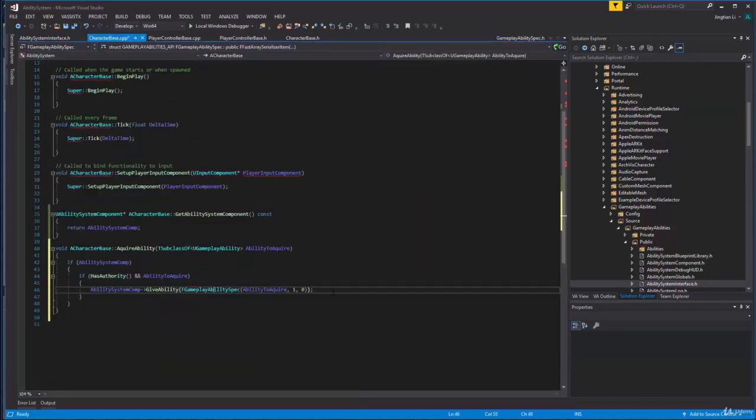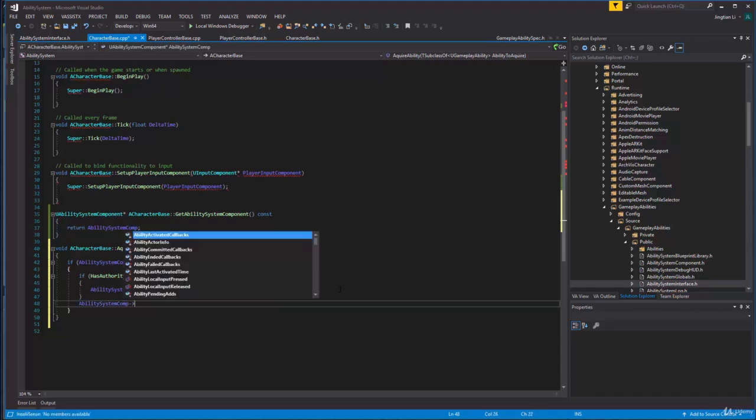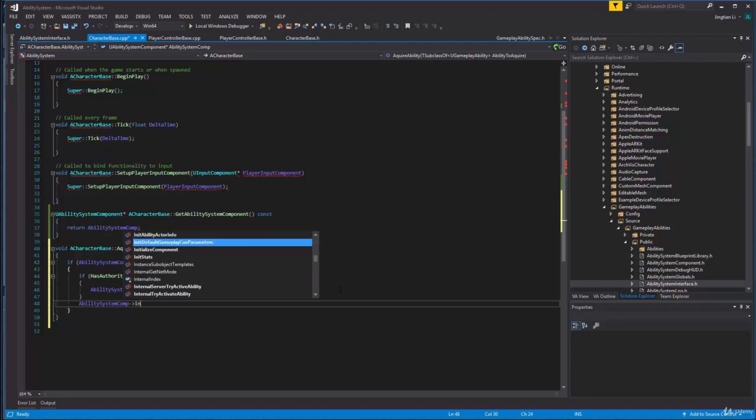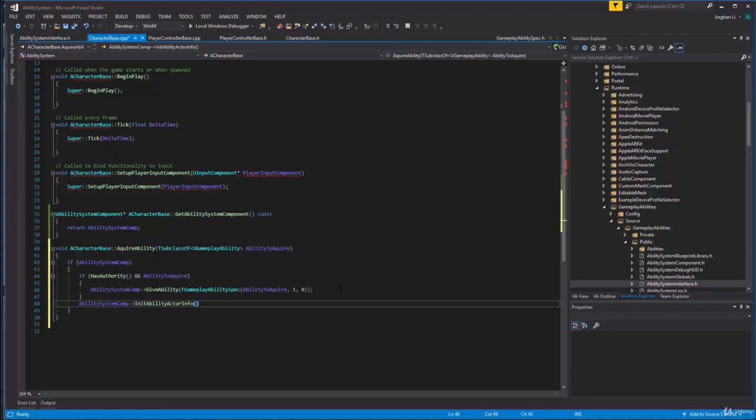Anyway, back here. After that, after we acquired our ability, we can say if ability system does exist, right? So we can say ability system component. You also have to initialize your ability actor info, which is going to be this guy. Okay, and this and this. Those two arguments, if you take a look,